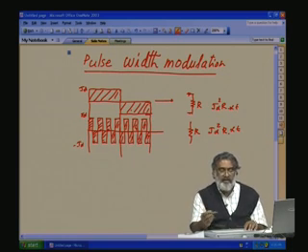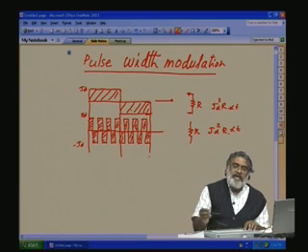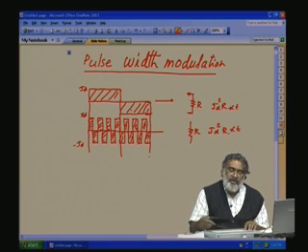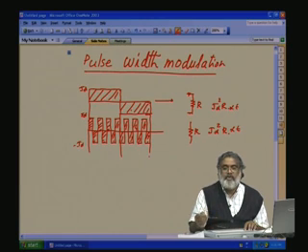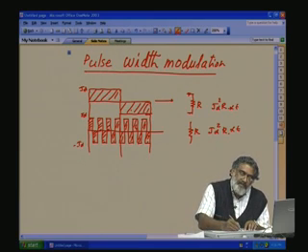So, what is the difference between these two? As far as the power is concerned, these two current waveforms, or if this is the voltage waveform, the voltage appearing across the resistance, then the power dissipated will be V square by R. So, in both cases the power dissipated, whether you take the current or the voltage, will be the same, or the energy dissipated in the resistance for a particular duration will be the same. But if you see here, assuming this is a voltage waveform,